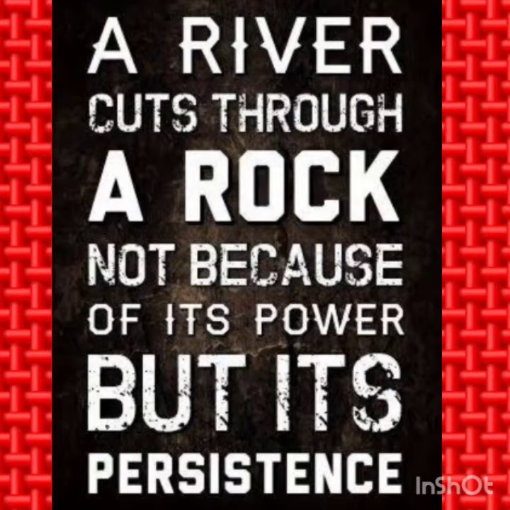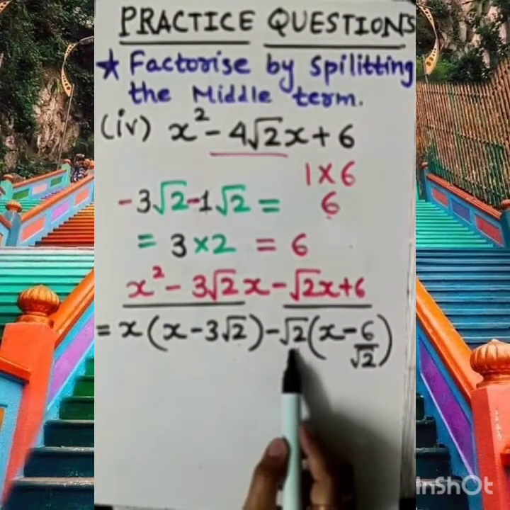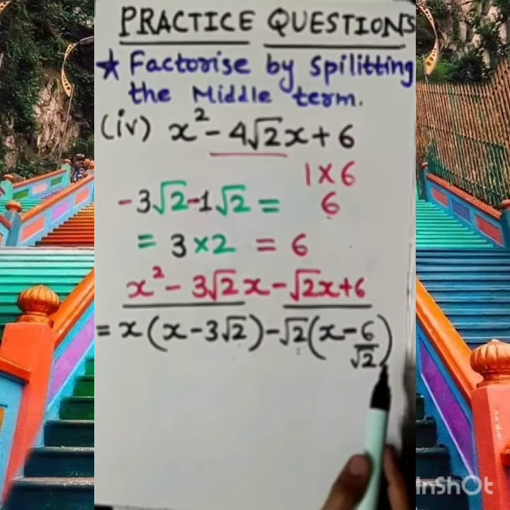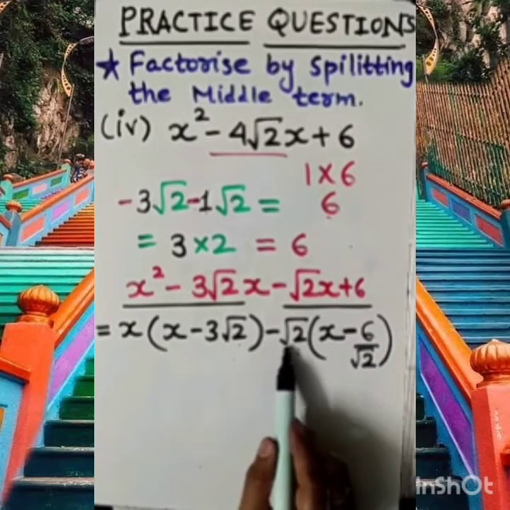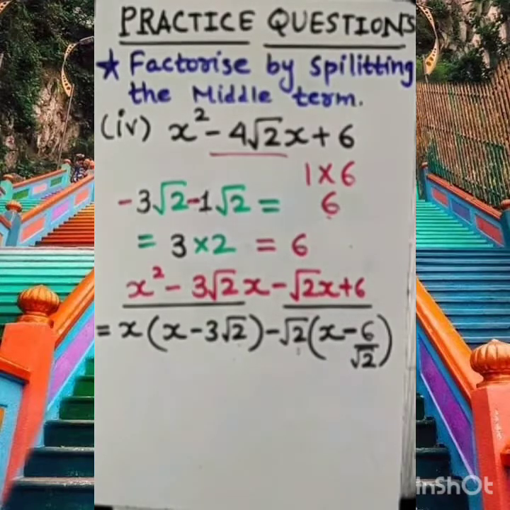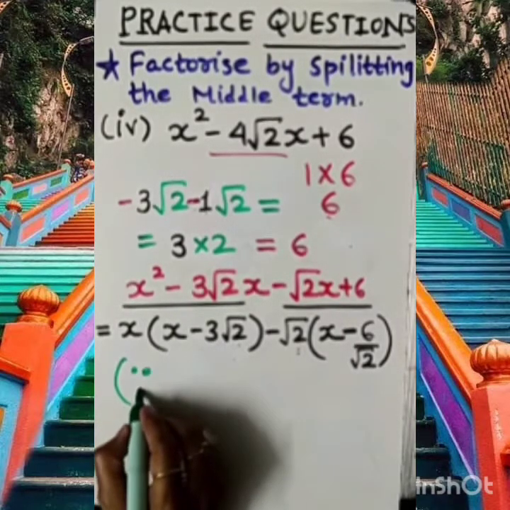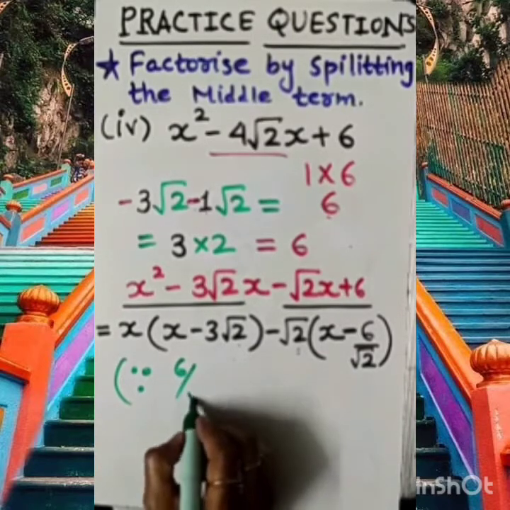Okay, I am showing you how. When we take out root 2 common, with the same number we need to divide here. Look at your screen. Root 2 is common, so we need to take this common out, and with the same number we need to divide. For your better understanding, you need to mention this much in a bracket. Because 6 upon root 2 can be written as...